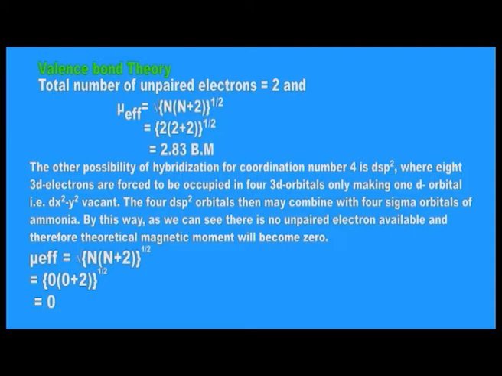0. So, mu effective is equal to root under n into n plus 2, where n is equal to 0. So the overall value of mu effective will become 0. This value of magnetic moment matches with the experimental value of Ni(NH3)4 2+. Therefore, the given complex is a low spin complex formed by dsp2 hybridization of Ni2+ for producing square planar